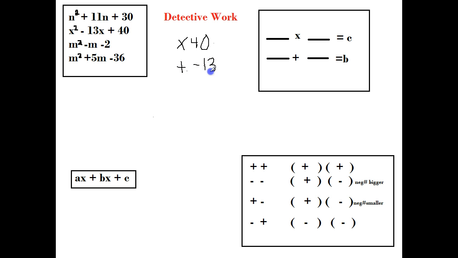So it multiplies to a positive, and the only way to get a positive is with two positives or two negatives. Now, when we added these two numbers, they came out negative. So that tells us it must be